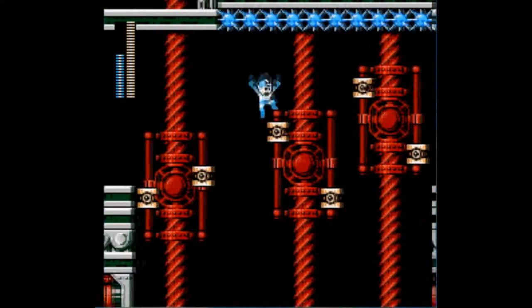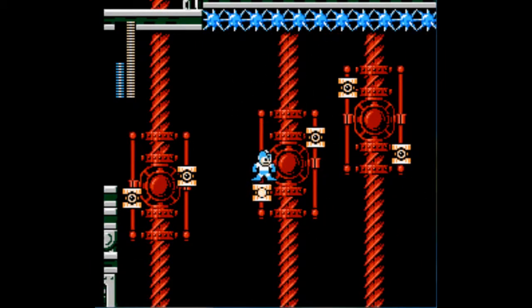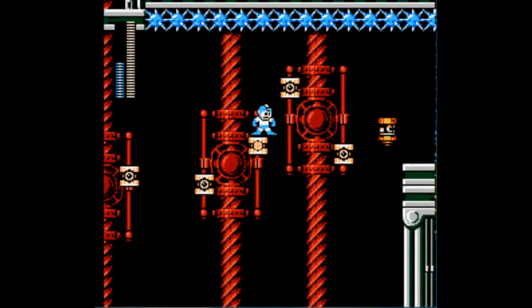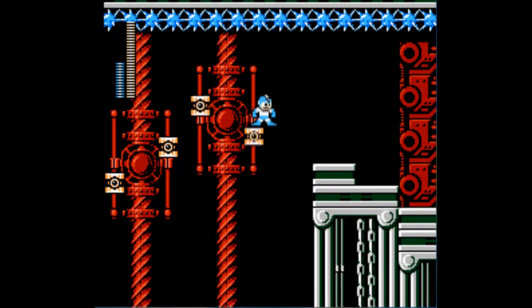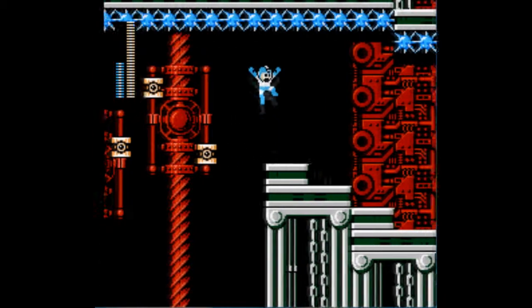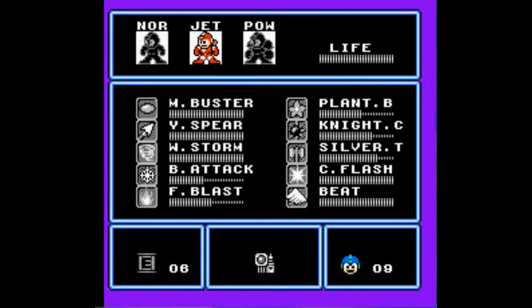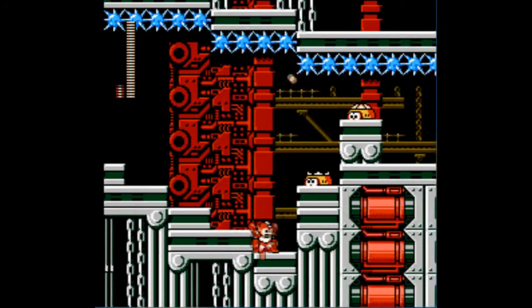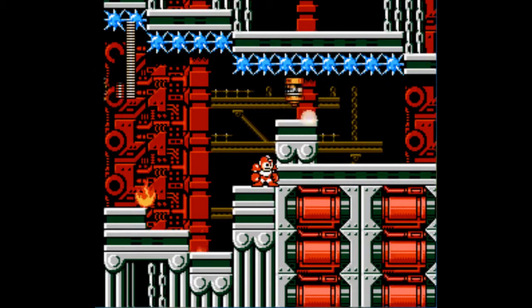I'm going to just do this without Jet Adapter. And let me talk about it a little bit and also say that Blizzard Attack is probably not the best for these things. Jet Adapter is kind of like Rush Coil, and those challenges are often present in castle stages, but the thing is, you can't run out of Jet Adapter,